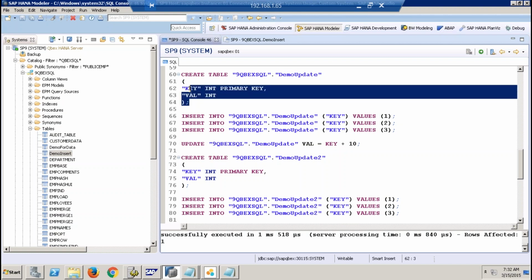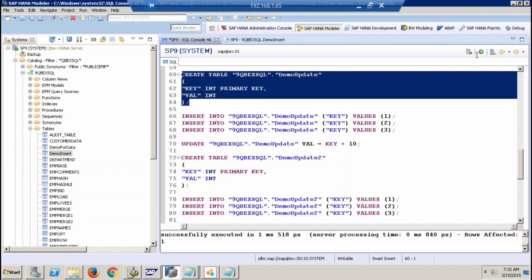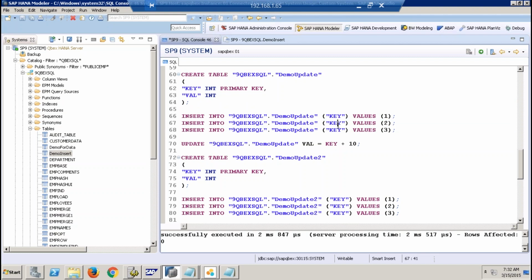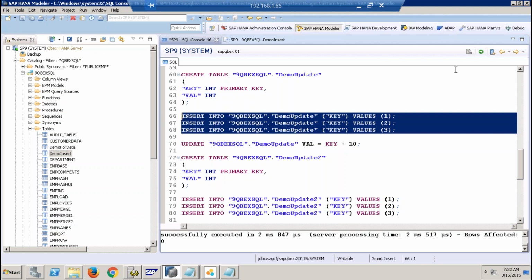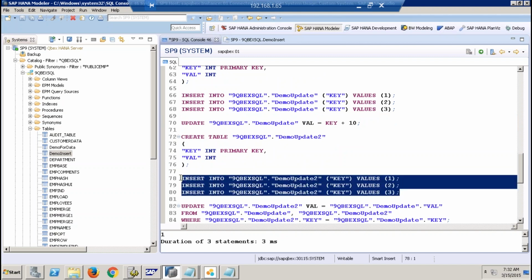I'm just creating this, and both the tables have only 2 columns, key and val, key and values. Let me just create these tables and then insert. In this table, I'm inserting only values for key as 1, 2, 3. And in this table, I'm going to insert data for